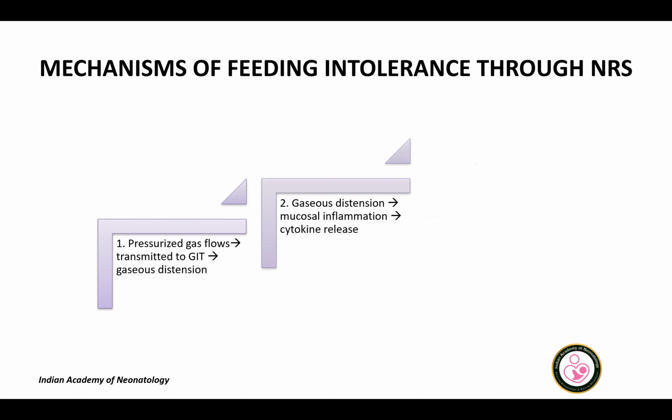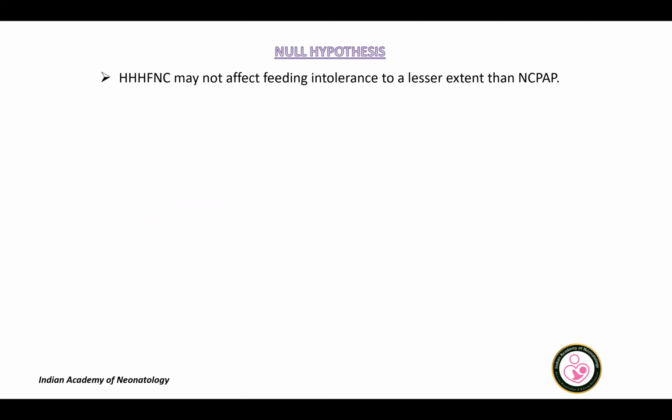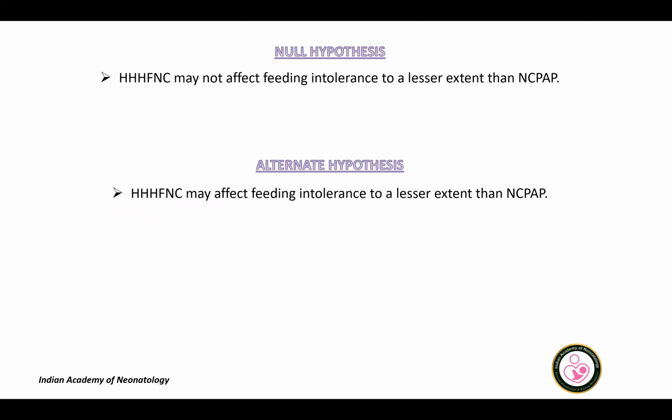Basically, the most common modalities of non-invasive respiratory support are nasal CPAP and triple HFNC. A recent meta-analysis suggested the benefits of triple HFNC versus nasal CPAP for feeding tolerance. So the null hypothesis was that triple HFNC may not affect feeding intolerance to a lesser extent than nasal CPAP, whereas the alternate hypothesis, as per this protocol, was that triple HFNC may affect feeding intolerance to a lesser extent